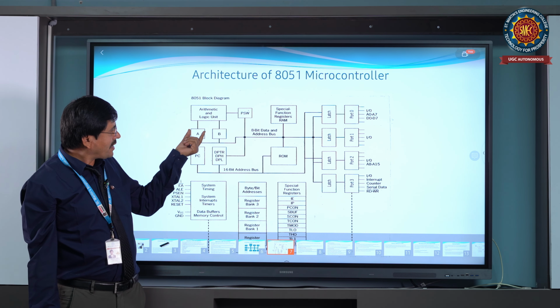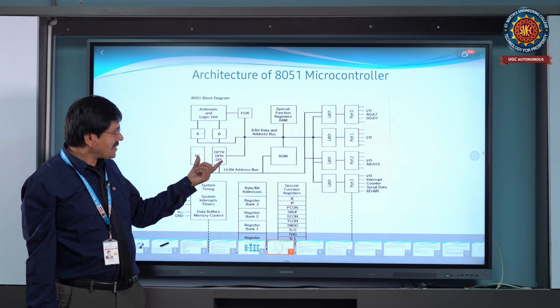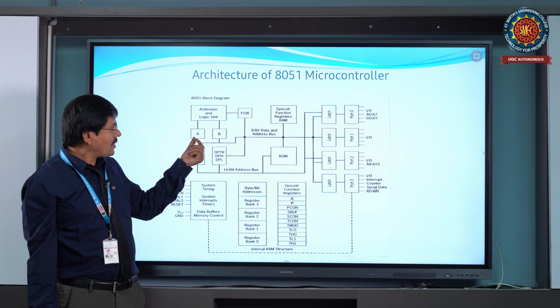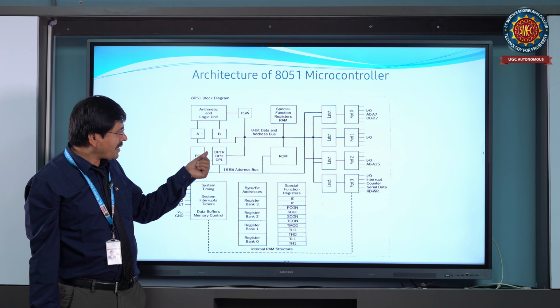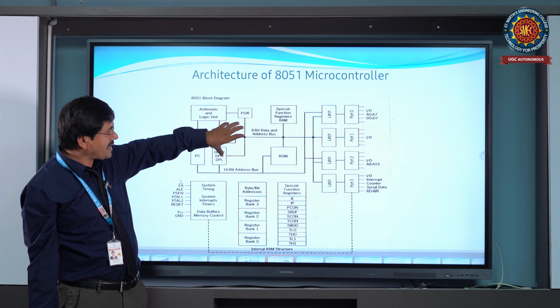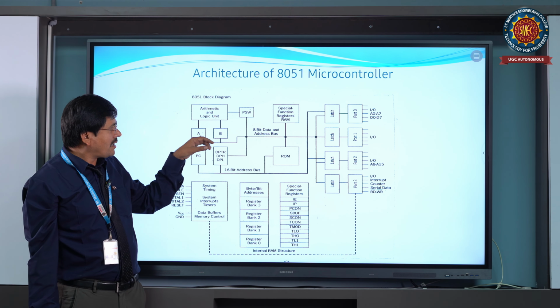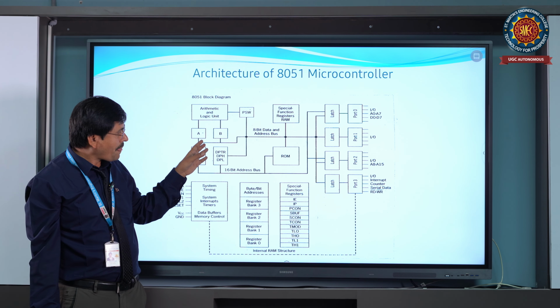And here we have seen some of the general purpose registers. We know about the accumulator, base, program counter, data pointer register, along with the PSW register. These are all considered as general purpose registers. In the next slide, we'll discuss these registers briefly.